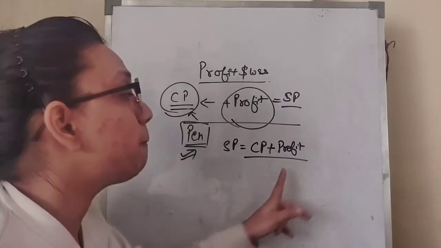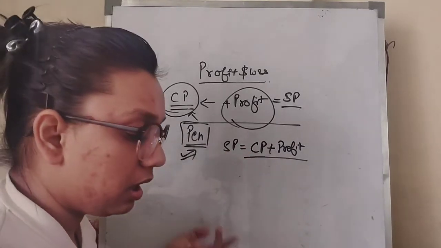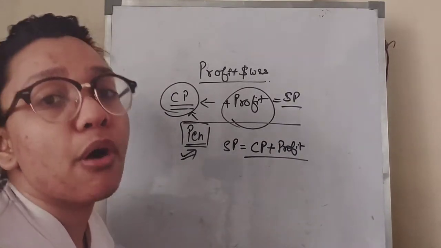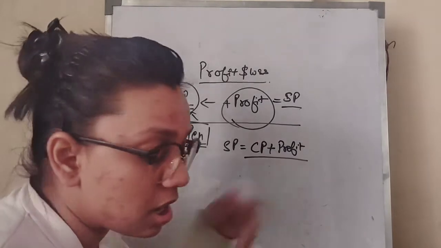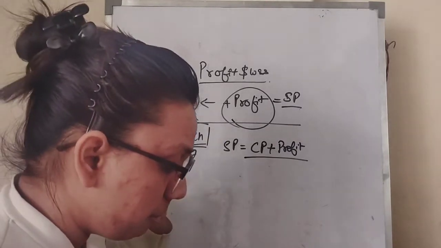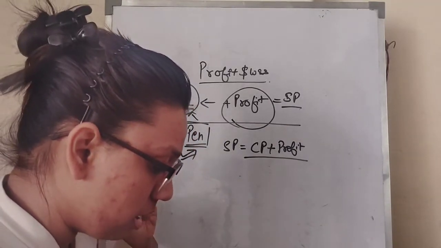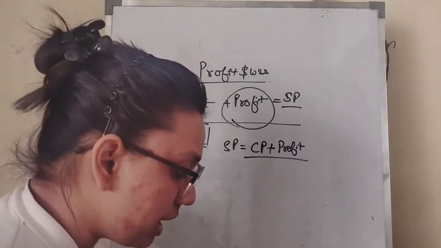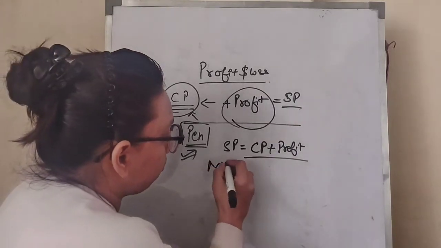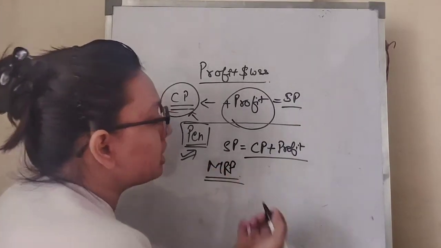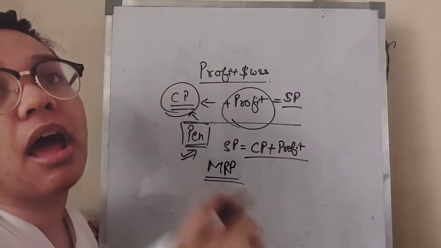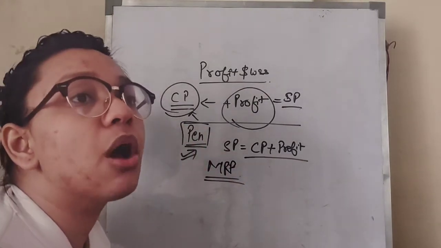Cost price will be given to you, but many times we are required to calculate the cost price and selling price with the help of the profit part. So how do we calculate that? First I'll make you understand the basic difference between selling price and market price. Market price is said to be MRP, that is maximum retail price. This is a different concept that we will be referring to here, because we will basically be using discounting price also.